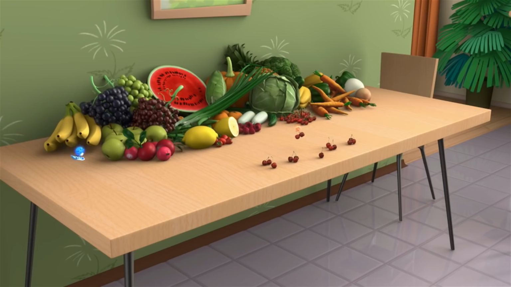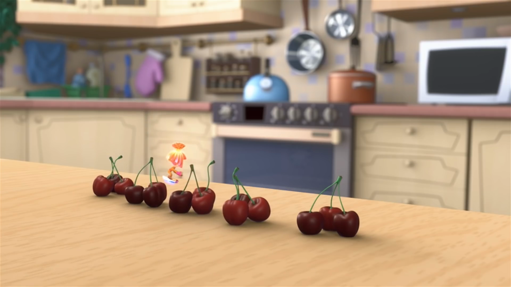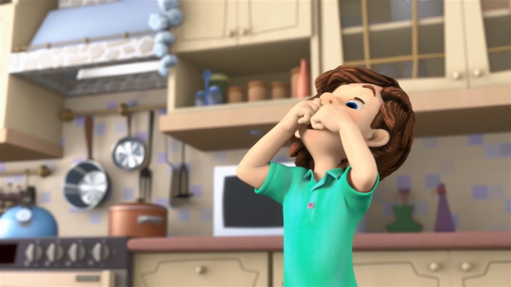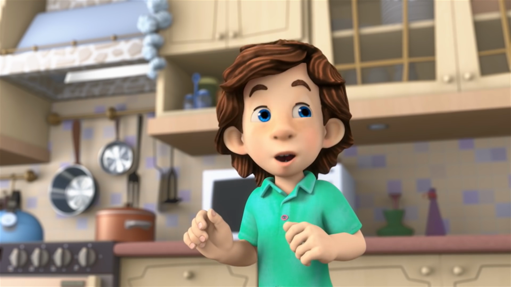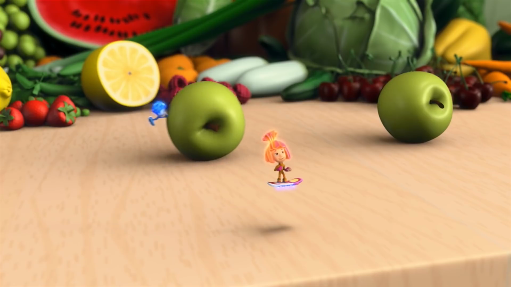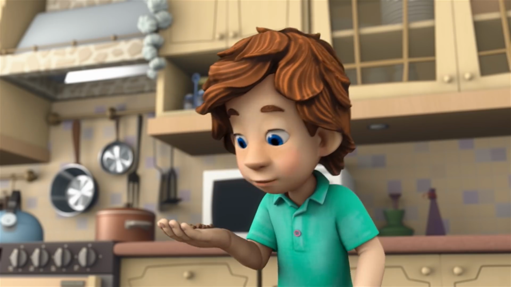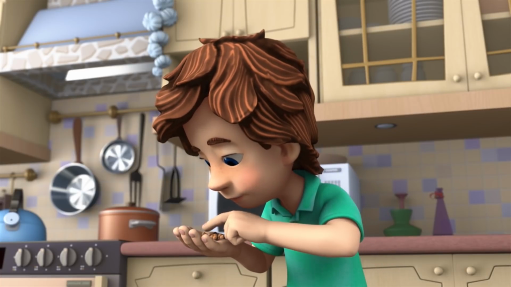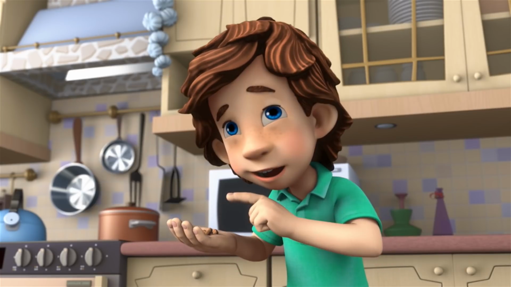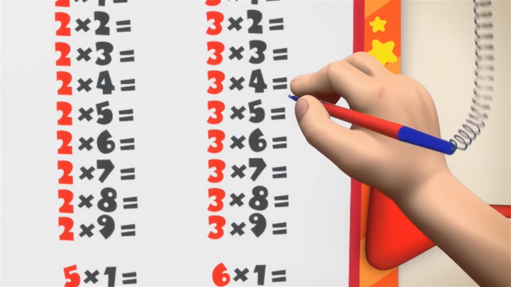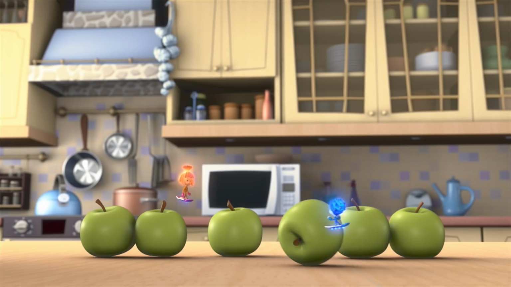All right, then. There are 3 cherries in each pile. Tom Thomas eats 5 piles. Go on, eat. So, here's the question. How many cherries did Tom Thomas eat altogether? I don't know. What'd you say? I said I don't know. Try counting those pits, then. 15. That's right. And that means that 3 times 5 equals 15. Now, try my problem.